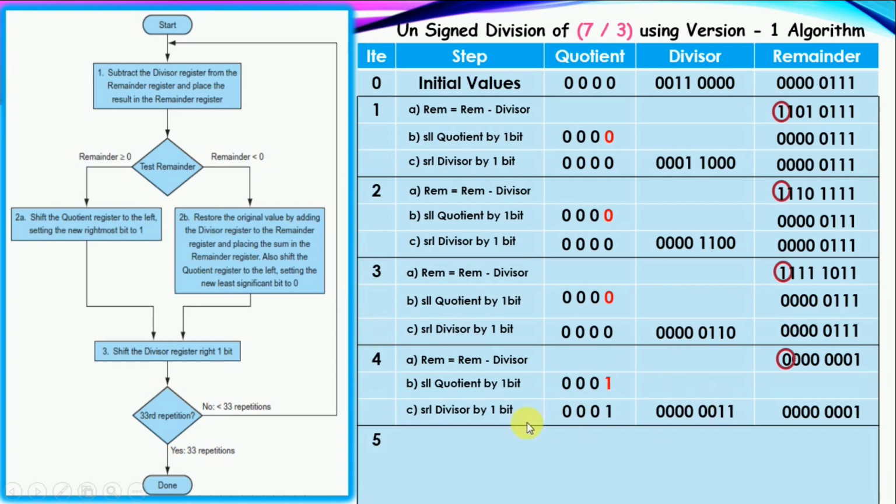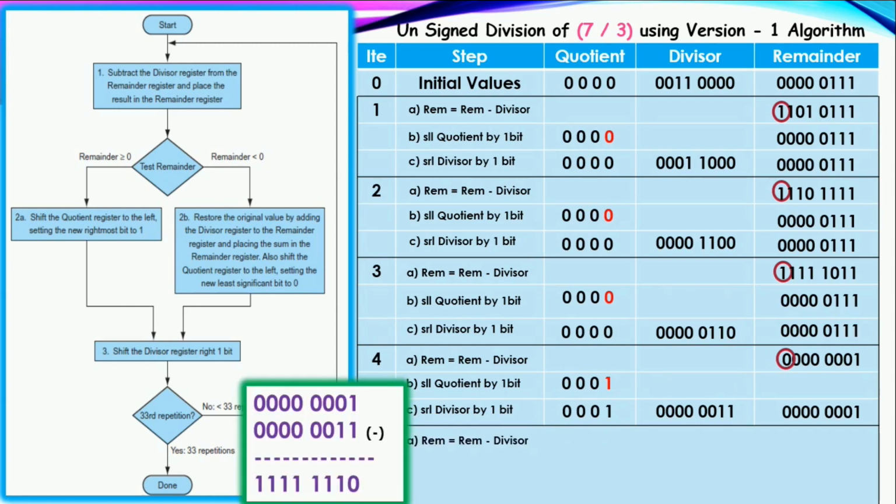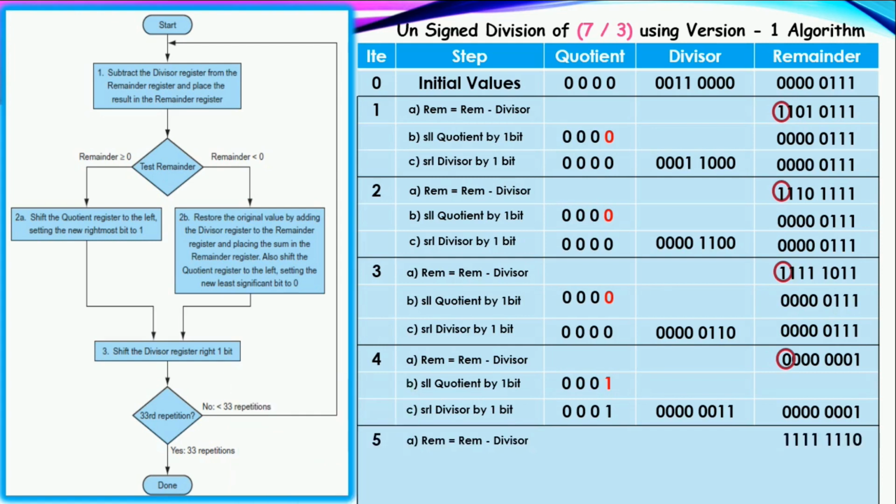So I am in the last iteration. Step 1, I am going to perform the subtraction of the remainder and the divisor. So this is the result. I am placing the result in the remainder register. I am checking the sign of the remainder register now. It is a negative number, so you have to restore the values in the remainder register.